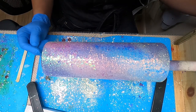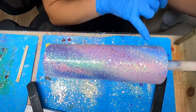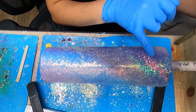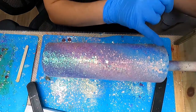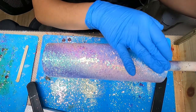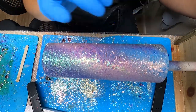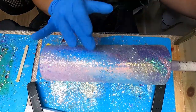Before I mix my epoxy off screen, I'm going to let my tumbler spin on the cup turner, and I'm looking around on the cup to see any parts of the cup that might be sticking up. As you know, I use some chunky glitter. Thankfully, the chunky glitter is very light, so it does lay on the tumbler very nicely. But if there's any part of the tumbler that's peeking up, meaning any glitter that's sticking straight up,